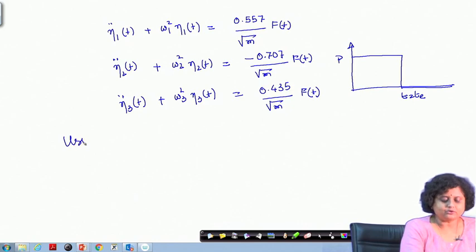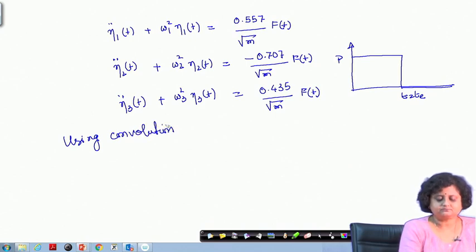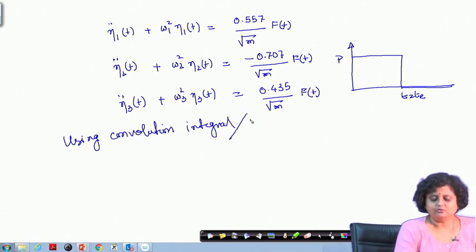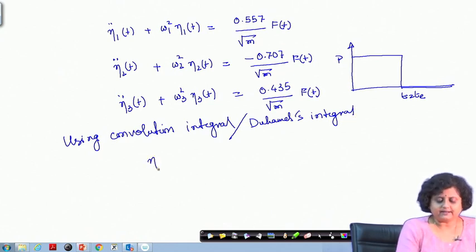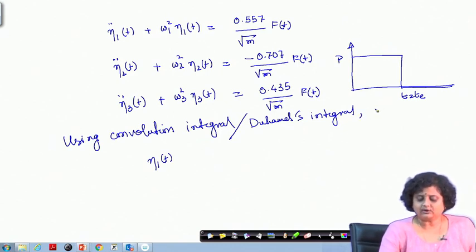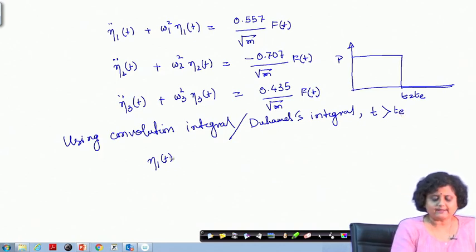So, I can use convolution integral or Duhamel's integral. I can straight away write eta 1 t. I want to obtain the response when t is greater than t e. So, I can write eta 1 t is nothing but